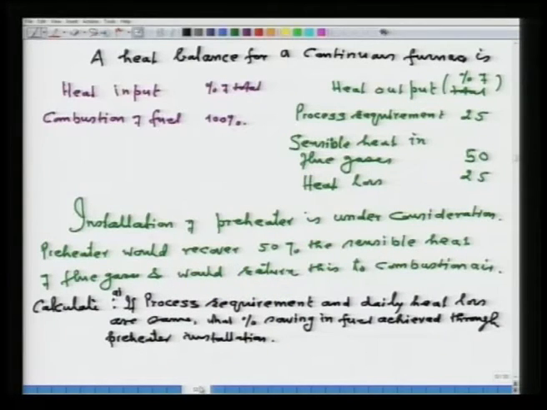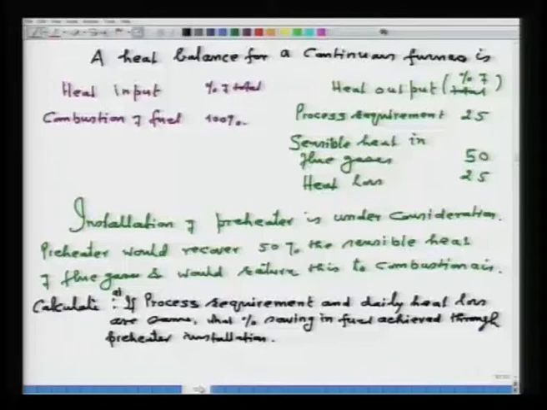Now, let me see another problem. This problem I have given in case you are working on the shop floor for a long time on furnaces, and all of a sudden your management comes and says, look, this is the heat balance for which you have been operating for very long years. I have gotten an idea that I can save fuel, because I have heard that if I recover the heat from the flue gases, I can reduce the fuel consumption. So, my dear engineer, a very simple problem is there.